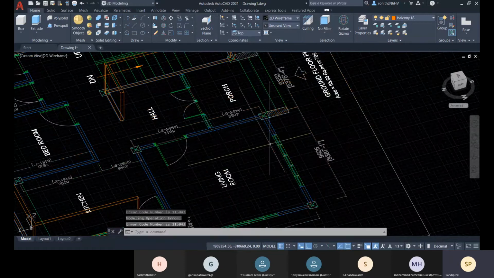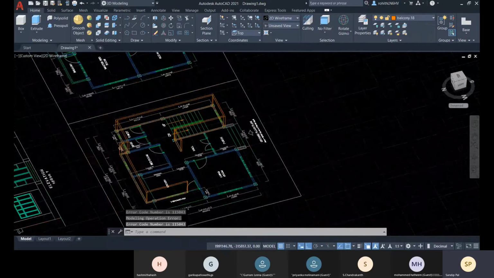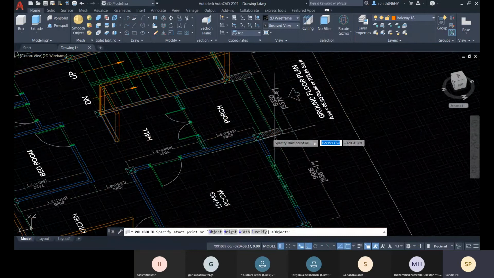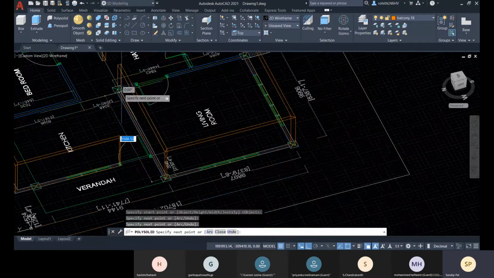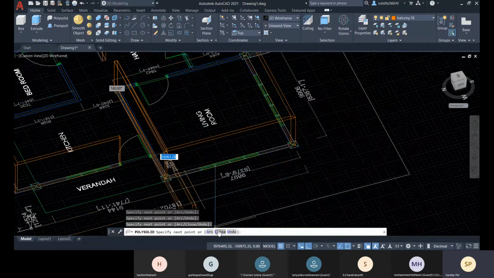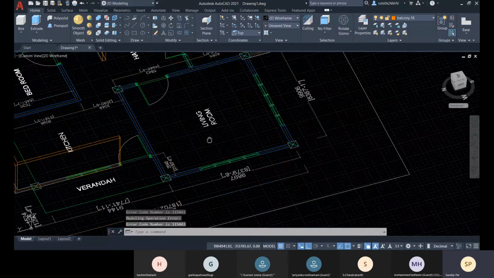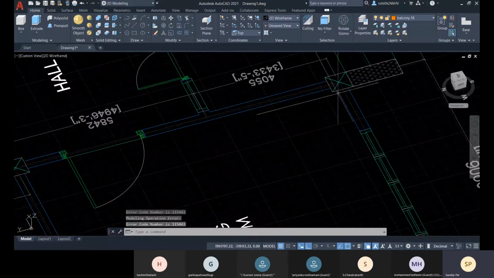You can go for close. Sorry, just let me go with this quickly. You can go for close. Okay, so there is some error.